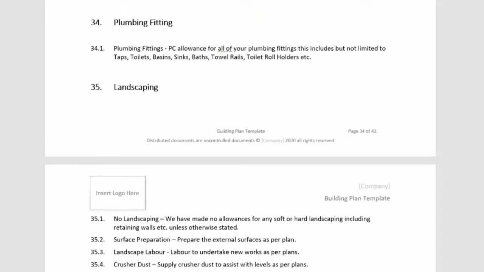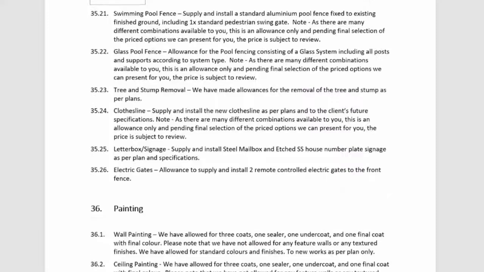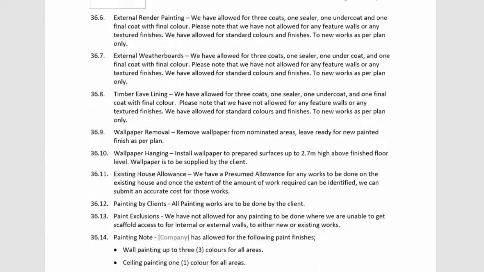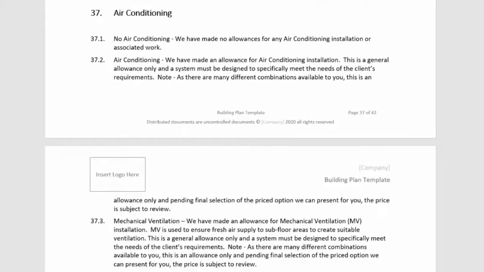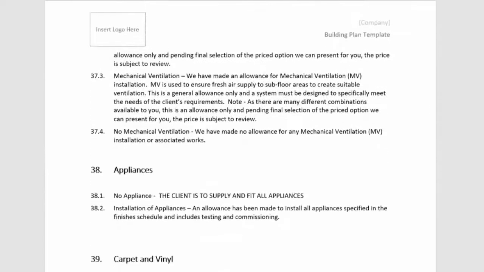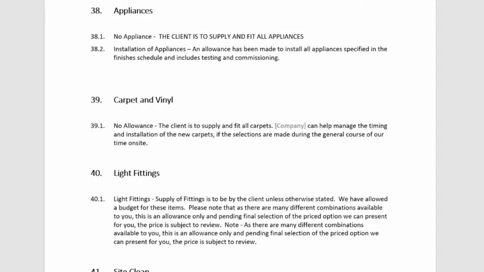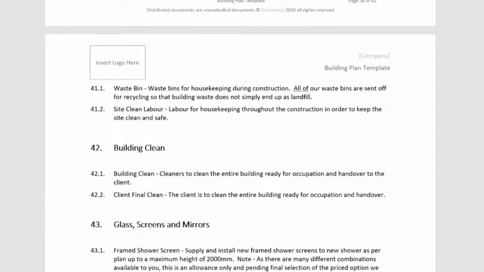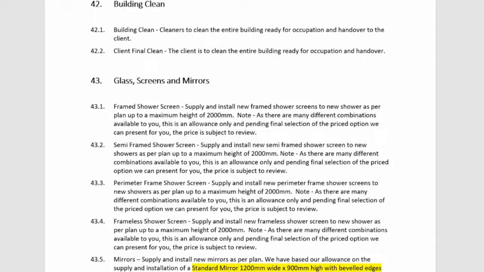Plumbing fittings, landscaping, swimming pools, pool fencing, clotheslines, painting, internal, external, wallpaper, air conditioning, type of air conditioning, split systems, ducted appliances. Are there to be any to supply everything? Carpets and vinyl, light fittings, general notes for a site clean about labour, waste bins, final building clean, detail clean